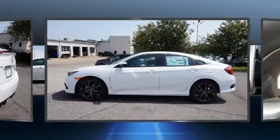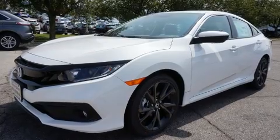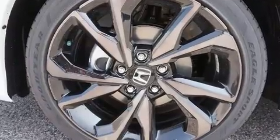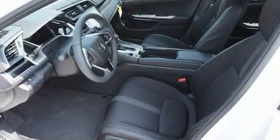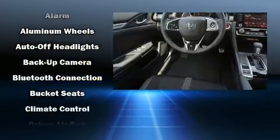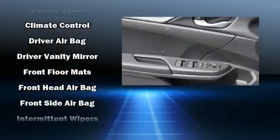Top features include a split folding rear seat, delay-off headlights, a tachometer, an outside temperature display, lane departure warning, and one-touch window functionality. Audio features include an AM/FM radio, steering wheel mounted audio controls, and 8 speakers, enhancing the audio experience throughout the interior. Honda ensures the safety and security of its passengers with equipment such as head curtain airbags,